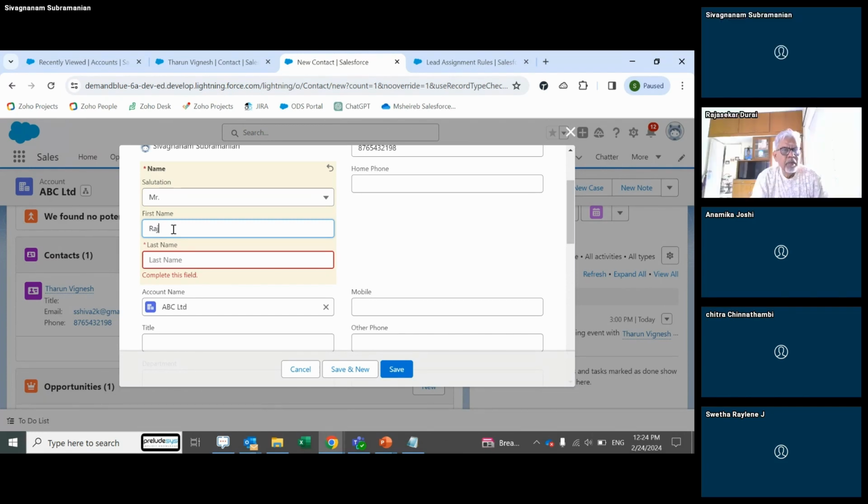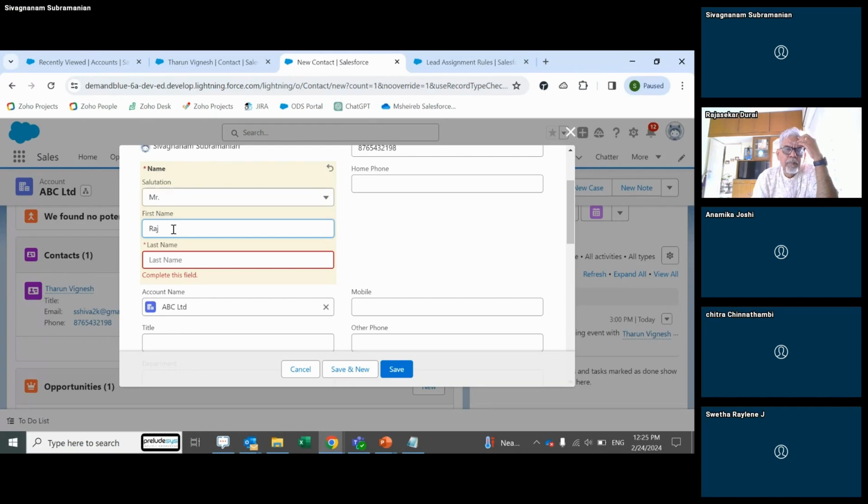Take this typical example. I am from Airtel, the sales representative from Airtel. I am going to the company ABC Limited. ABC Limited is talking to Airtel for their CUG SIM cards for their employees. Here the contacts are not the employees who purchase the SIM card. Here the contacts are those from ABC Limited who are talking to Airtel for this sales process,